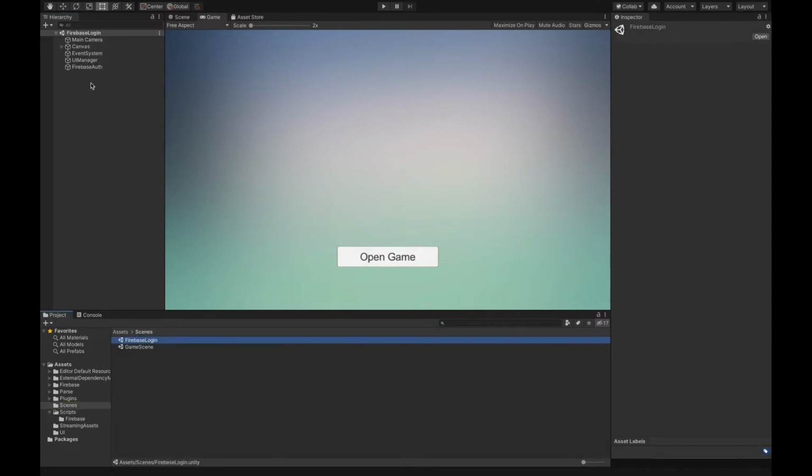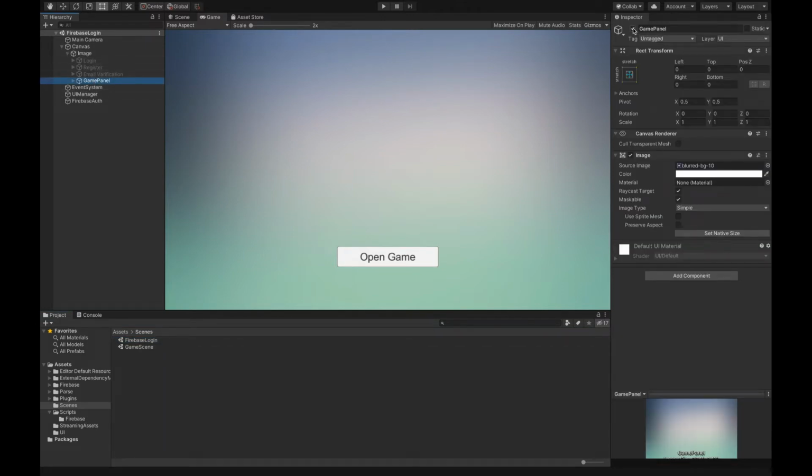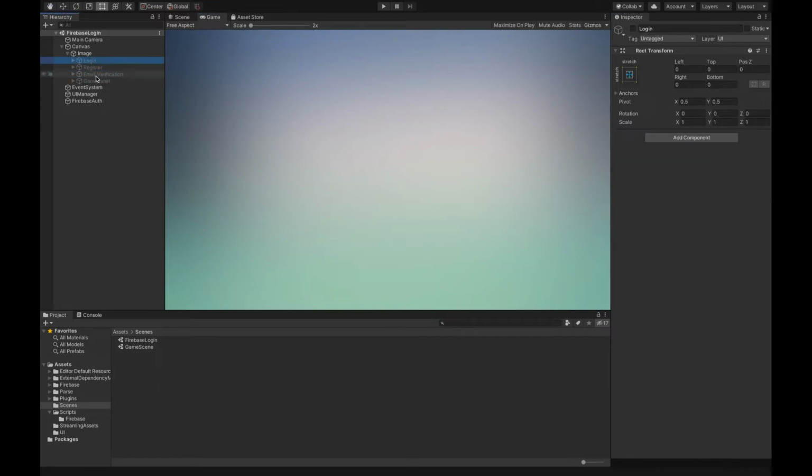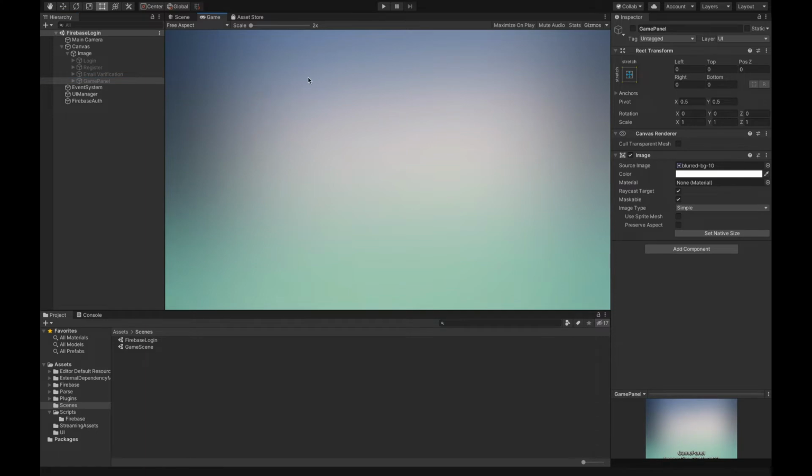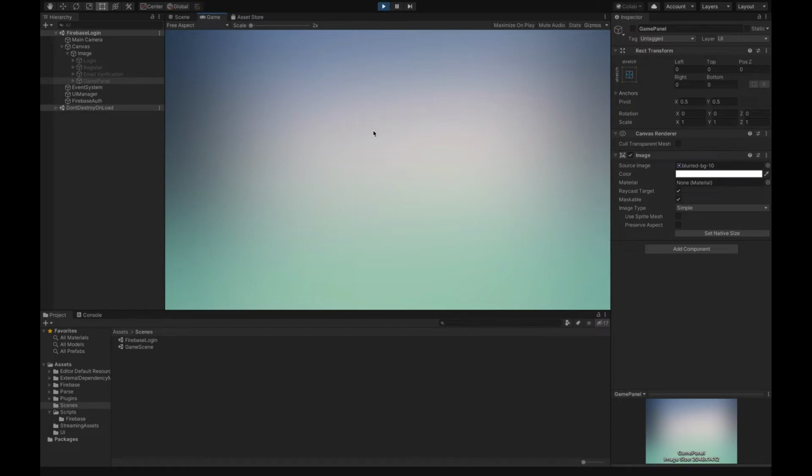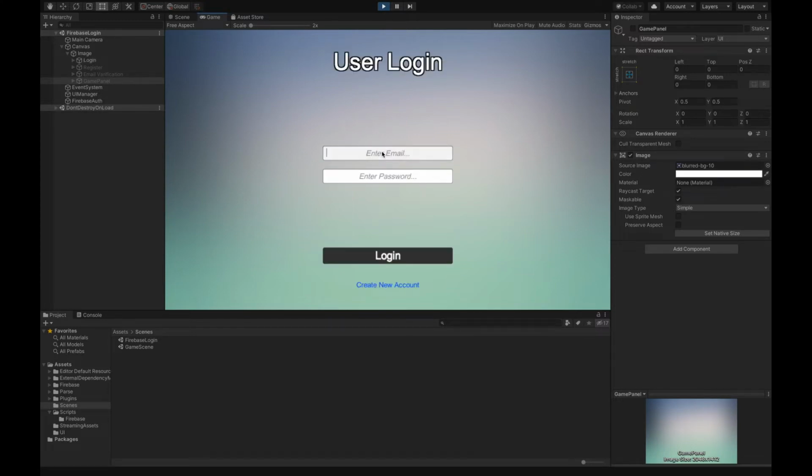First of all, I will just disable this screen. By default I would suggest all the screens should be disabled. Okay, so now if we play, yeah, I will put my email ID, and for privacy purposes I will hide that. Yeah, so my password. Okay, so now if I log in,